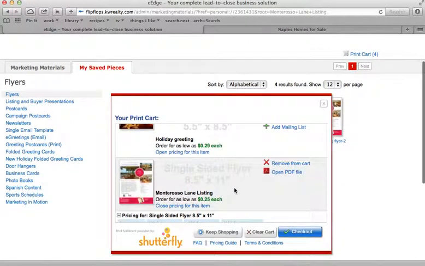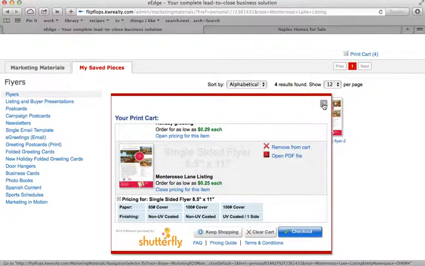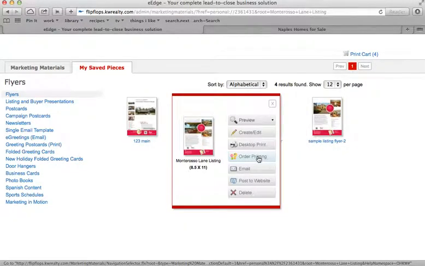Make sure you're using a coupon code if you are going to use it. You can also email it directly, and you can post it to a website. Now, posting to a website just puts a little link that says link to my greeting card, or just a regular link, which you're welcome to do, but it's not going to actually show the entire flyer on your website. It'll just be a link to it. So what I'm going to do for now is show you how to email it. So if we click on email,